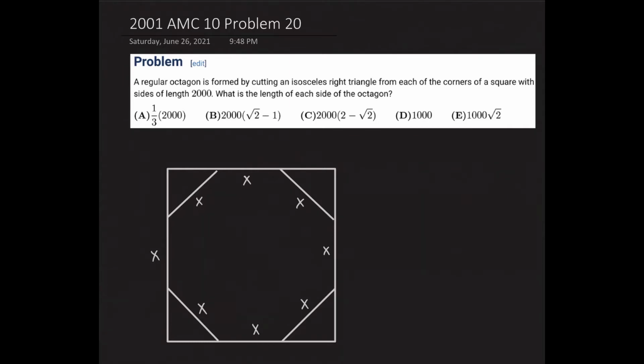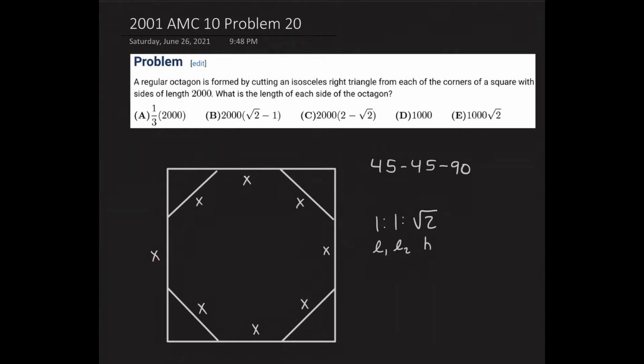In addition, we know that we have isosceles right triangles, which are also known as 45, 45, 90 triangles, cut off from each of the corners. And so an important property to know about 45, 45, 90 triangles is that the ratio of one leg to the other leg to the hypotenuse is 1 to 1 to the square root of 2. And so this is one leg, we can call L1, L2, and then this is the